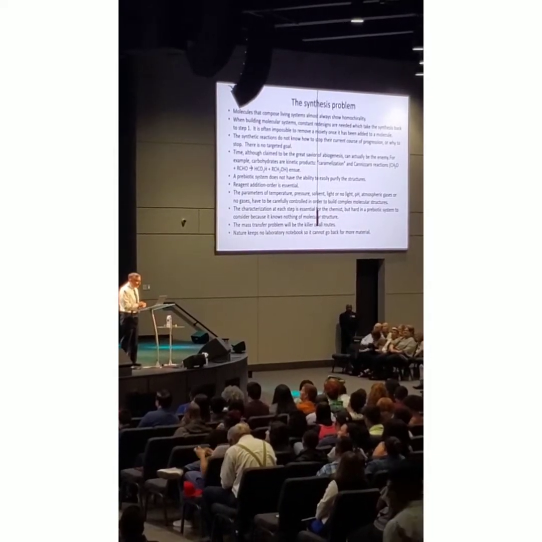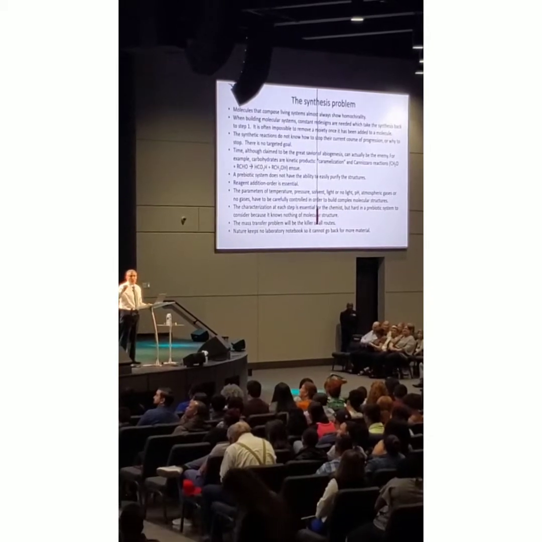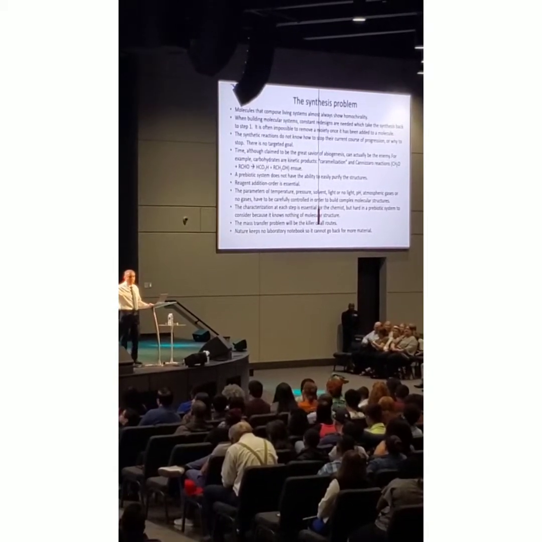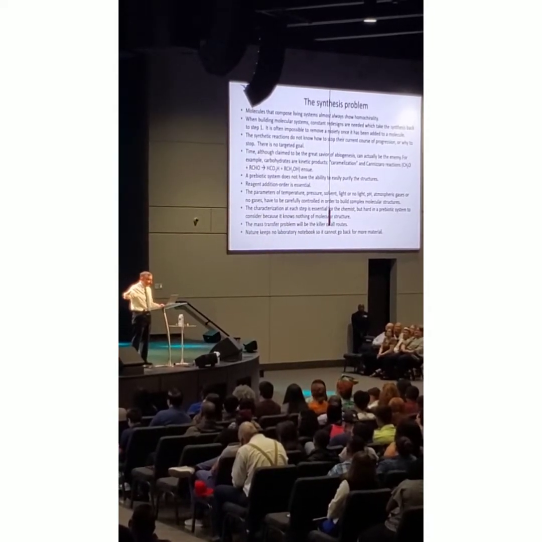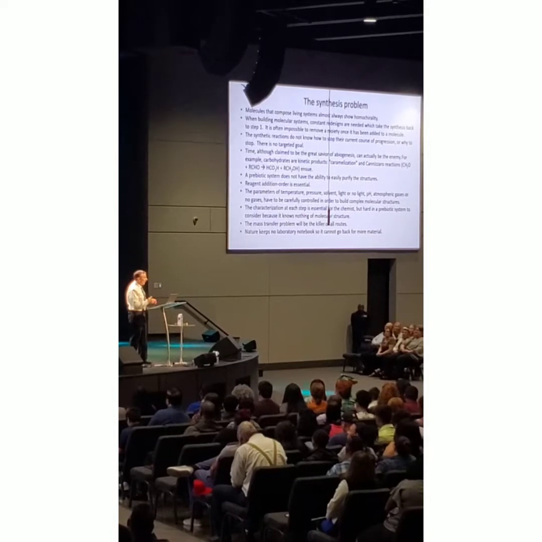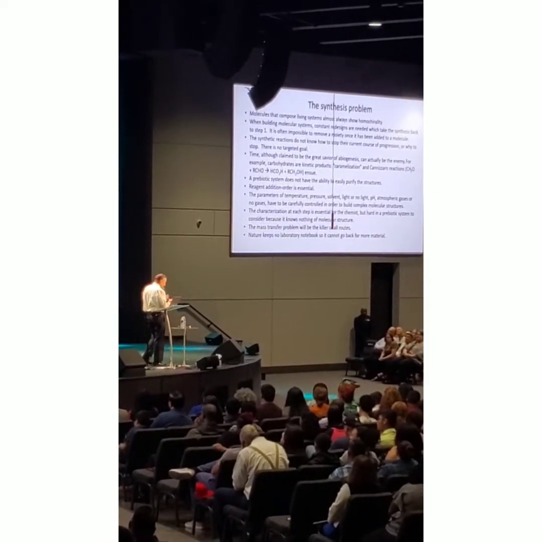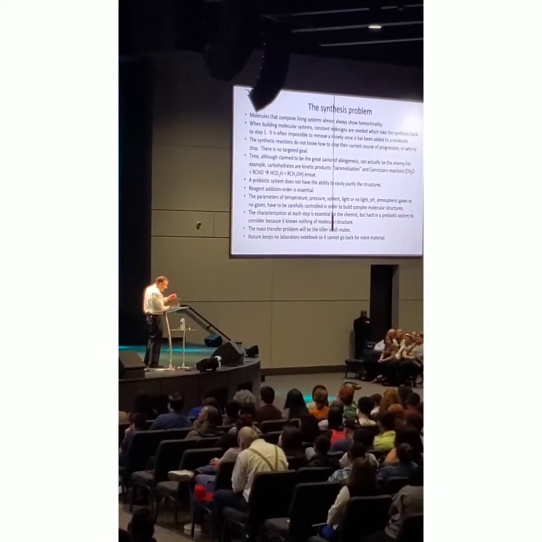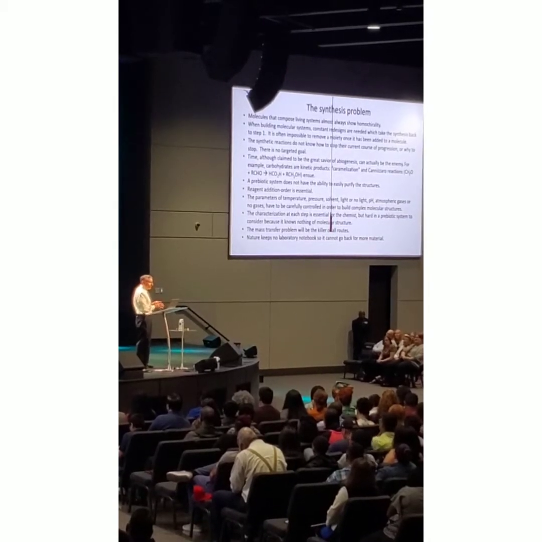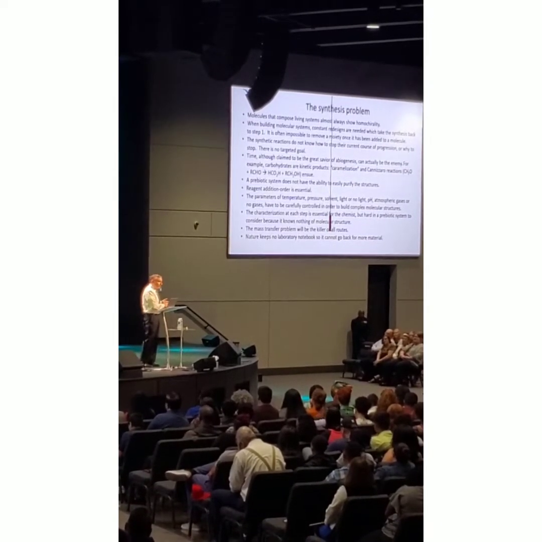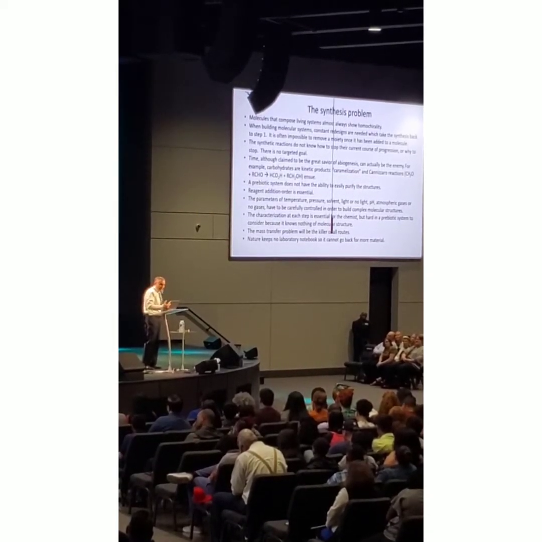When building molecular systems, constant redesigns are needed, taking you back to step 1. So if you do something wrong along with synthesis, you can't go back to the beginning. You have to go back to the beginning. You can't fix that thing now. The synthetic reactions don't know how to stop. So say it's going along and all of a sudden it's made a carbohydrate, which is the backbone upon which DNA and nucleic acids are strung. It doesn't know to stop there at the carbohydrate. It'll put another group on there too. And now it can't be used anymore. And you say, well, you went too far, because it doesn't know where to stop.